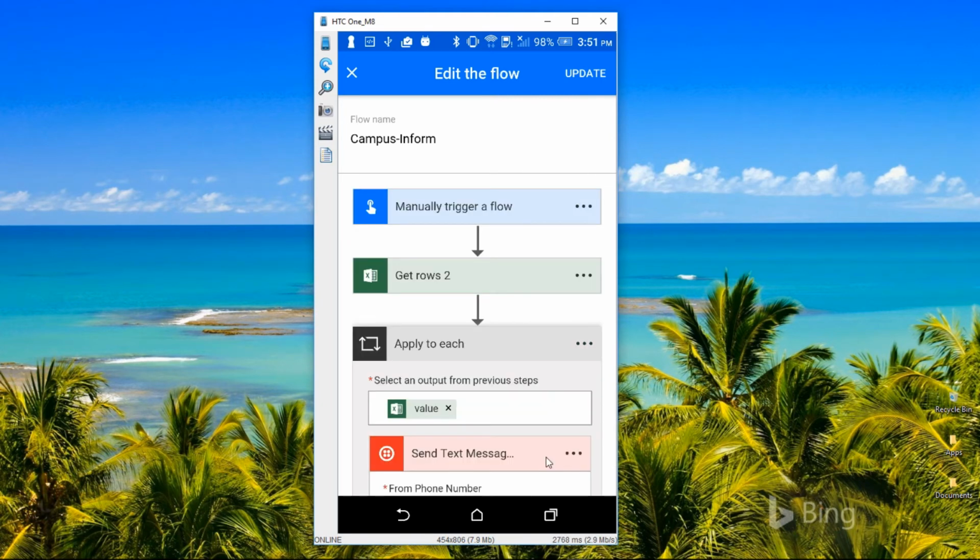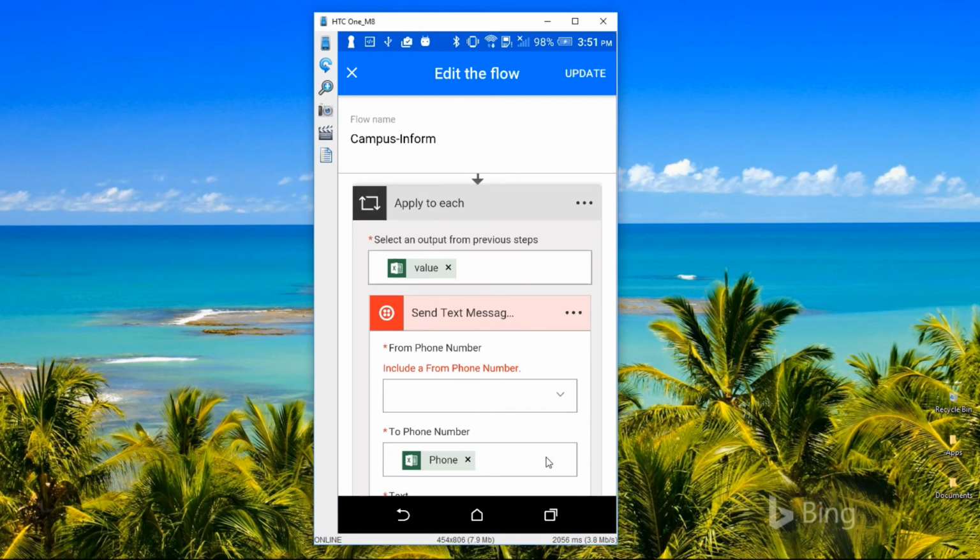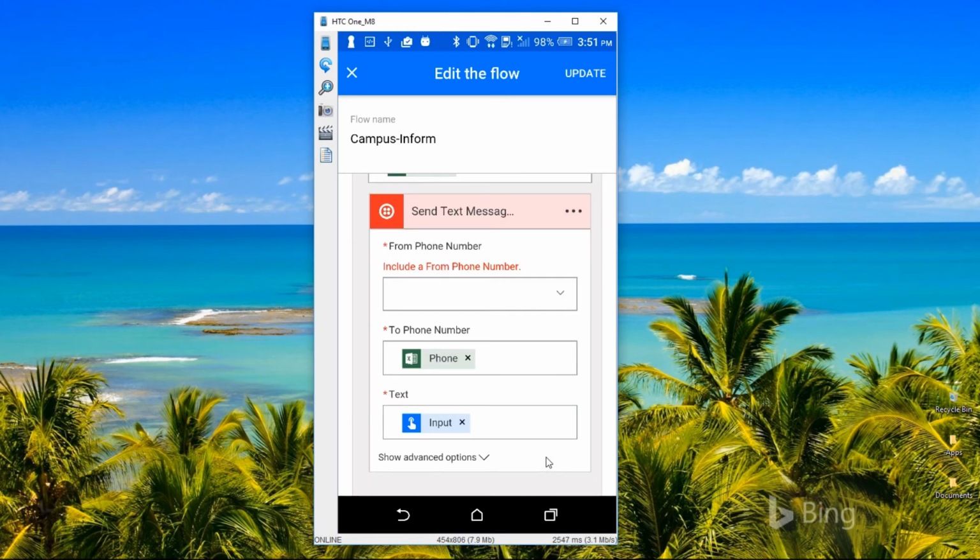The send text message service. So this action needs a phone number, and phone number can be obtained once the user, our administrator, signs up for this service. And the phone numbers, which are individual lines in the phone table in the Excel spreadsheet stored on the OneDrive for Business. And the text is the input which the administrator has typed when he kicked off the